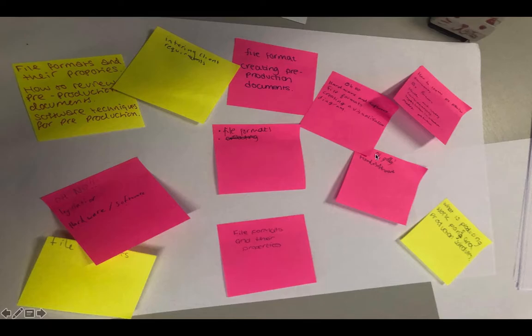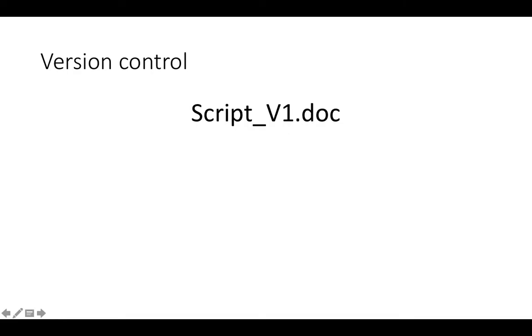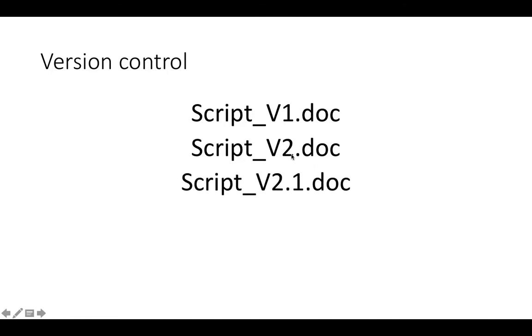Let's look then at the hardware and software things. So version control might come up in the exam. This is when you're saving a file, and it's to allow you to stay in control of the version that you're working on. That way, if you send your script over to maybe your director or perhaps your actors, you know which one you're sending. So your first script that you make might be version 1. Then you might save it, and then when you've done some amendments to it and changed it a bit, then it becomes version 2. You might decide to just alter a little bit, like a character's name or a prop, and then it might be version 2.1.